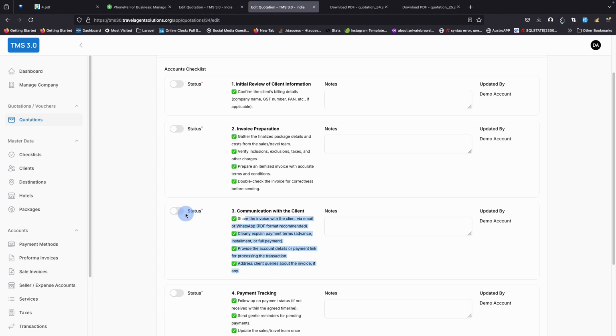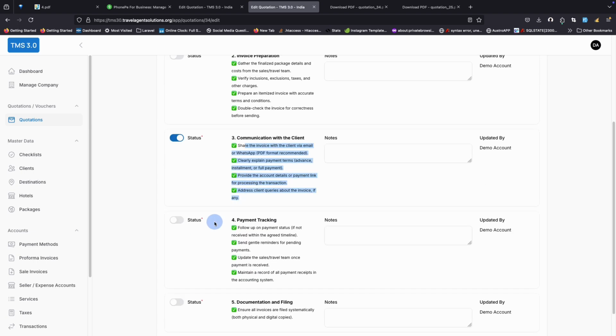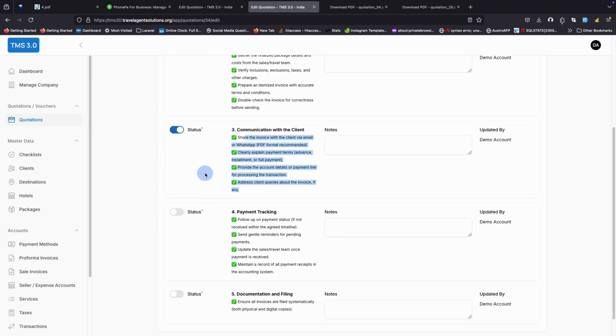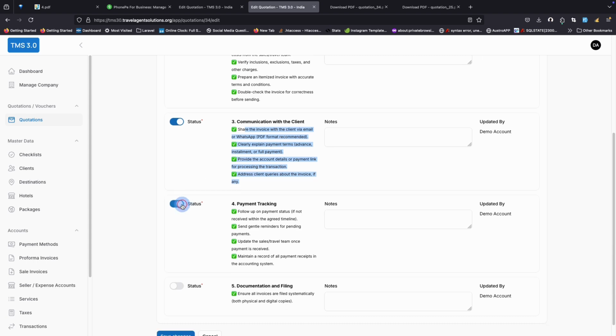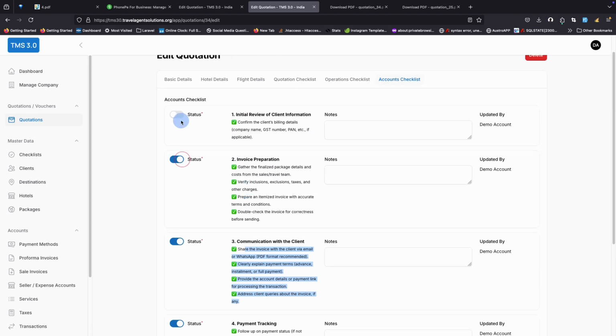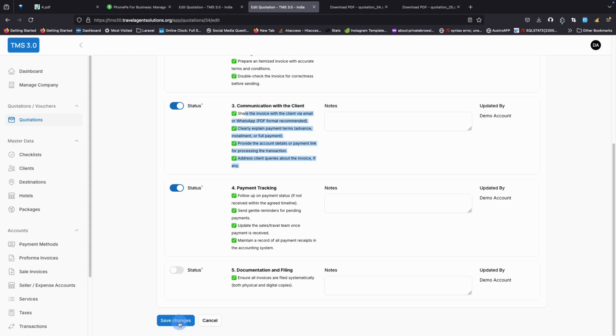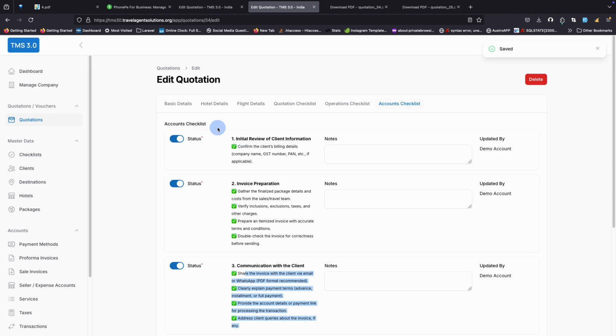Once done, the accounting team needs to mark the status as done, and similarly for the payment tracking. So this helps travel agencies make sure that all the quotations are done perfectly fine,